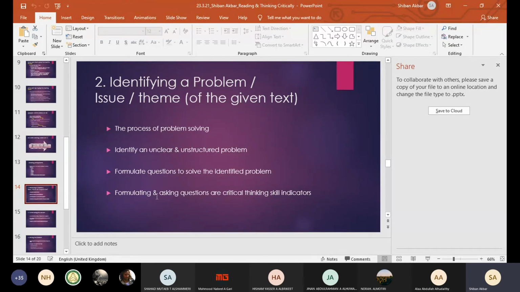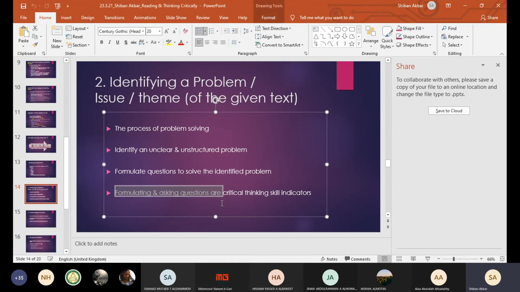And the last one is formulating and asking questions about what you read, or about what you're investigating, the research project that you have. And when you formulate and ask questions, this is part of critical thinking skill. So it indicates that you're critically thinking. And all these skills are transferable. So when we apply it, this last point, when we apply it for reading in our reading course, what do